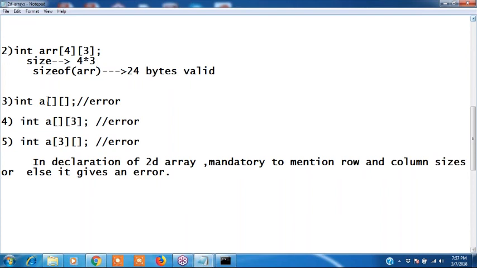In array declaration, size is mandatory. We need to mention the size.